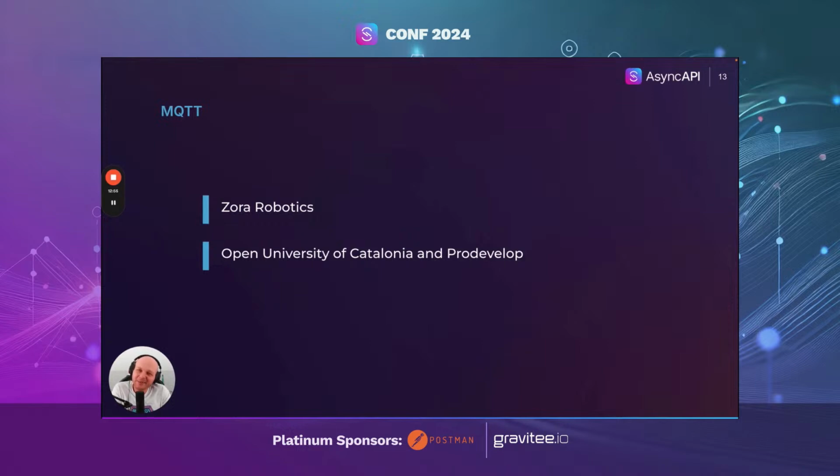This one, again, sorry for using the word obvious, but I think especially for people that do Internet of Things, MQTT is a de facto standard protocol. So it's not a surprise that if in previous slides you could see IoT, then yeah, MQTT will be the answer. So whenever you think you need to connect hundreds of devices to your system, you need IoT, you need MQTT, and eventually you're gonna need AsyncAPI.